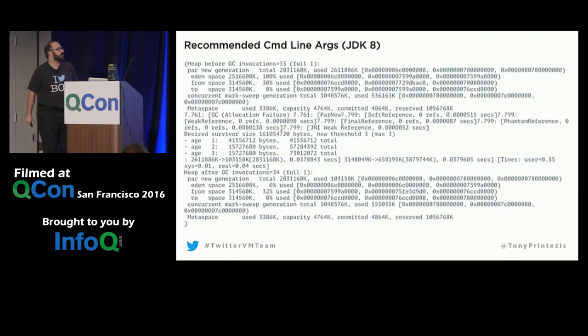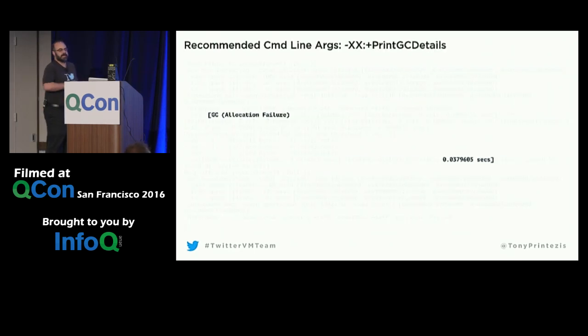So the output from a single GC looks like this. And when somebody looks at it for the first time, it's completely overwhelming, right? So I'm going to go slowly through it and dissect it a little bit. So first, PrintGCDetails. The first thing it shows you is that there was a GC, and the cause of the GC: allocation failure. By the way, there was no failure in the VM. What that means is basically the allocation could not be satisfied because the young generation was full, and it has to be collected before the allocation can be satisfied, right?